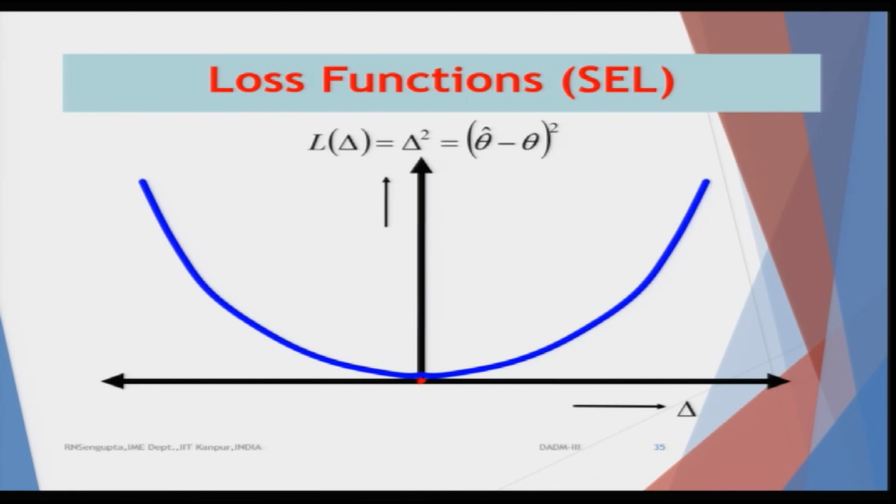Now, the beauty of the graph is that, considering the overall positive and negative effects of overestimating or underestimating theta using theta hat, the overall shape of the loss function would be quadratic in nature. Why do we assume it quadratic? Because in the long run we try to minimize the loss as far as possible. Minimizing the quadratic would be akin to minimizing the variance. Because what is variance?